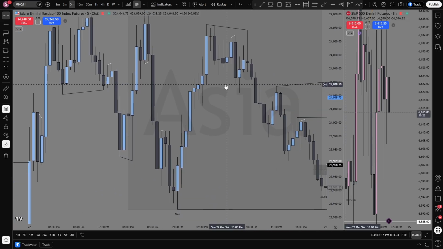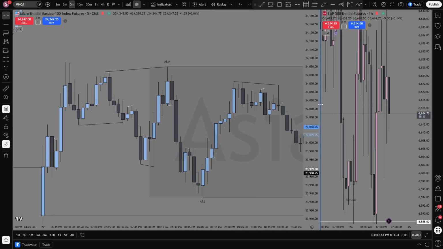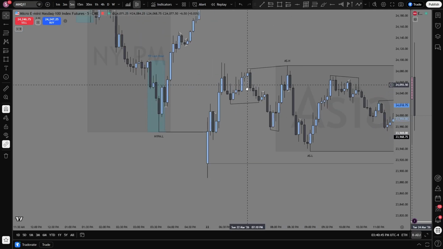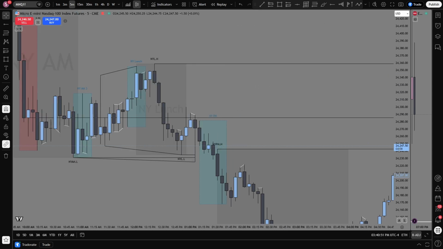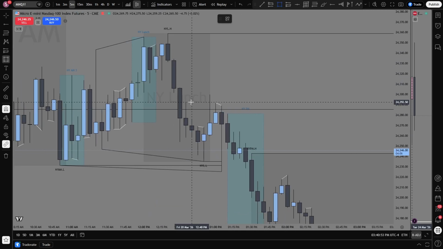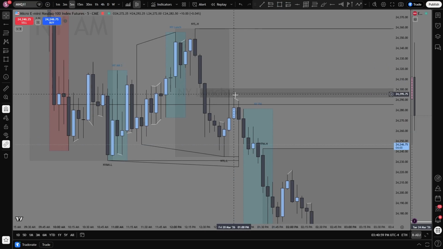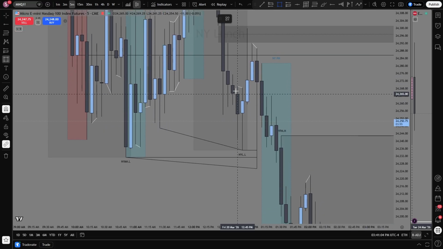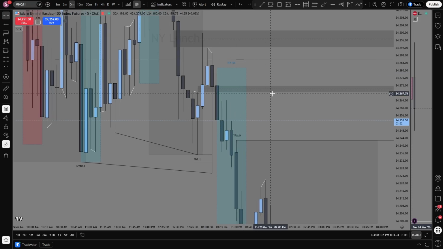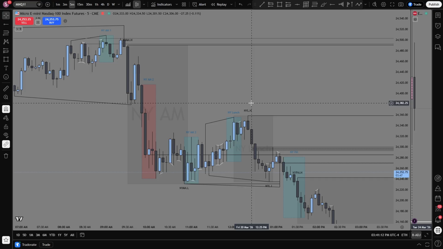So IFEGs are pretty powerful. You just got to use them in the right context and the right bias, because obviously everything, especially PD arrays, are not going to work if they're not in the right bias, right? So if you have the wrong order block or the wrong fair value gap, then it's not going to work, right? So that's the whole point of IFEGs. Like since this fair value gap is here and we're bearish, we respect the gap, right? But you can see we have this fair value gap right here, and we completely blow through it because we're not bullish, we're bearish. So that's fair value gaps, order blocks, IFEGs, BPR, and then